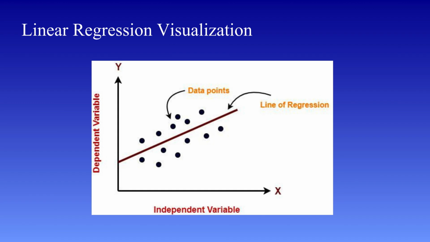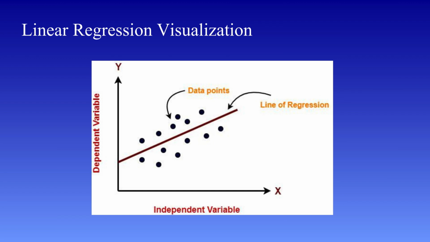This is where linear regression comes in. We draw a straight line through these data points that best represents the overall trend. This line is called the regression line or line of best fit. The key idea here is that this line should be as close as possible to all the data points. Some points will lie above the line, and some will lie below it. The vertical distance between a data point and the line represents the error or residual.